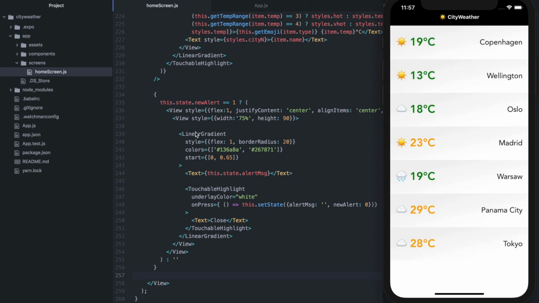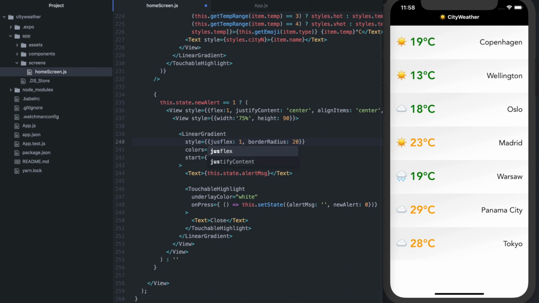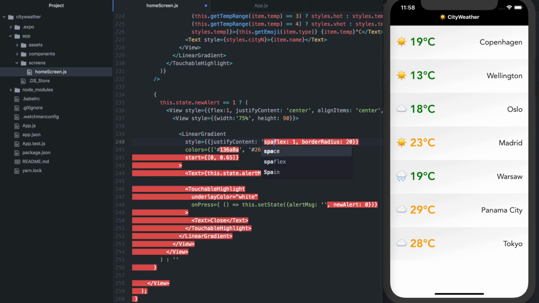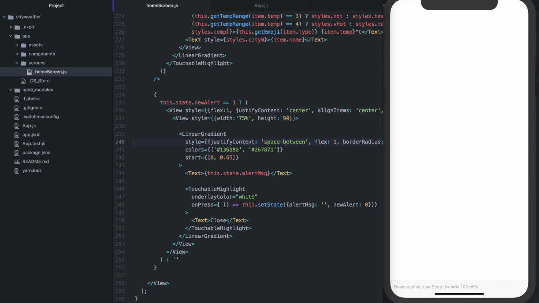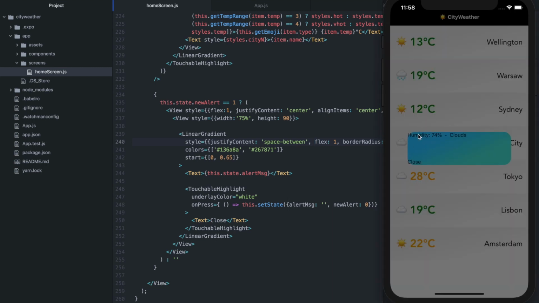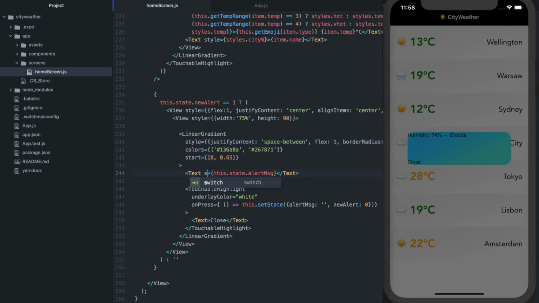So we'll start by going back into the gradient styling, and we will set the space between option for justified content. So if we save this right away, you'll see that this now has made sure these items are positioned right at the top and right at the bottom of the parent component that they're inside. So now we want to actually set some styling. So let's go to the alert message